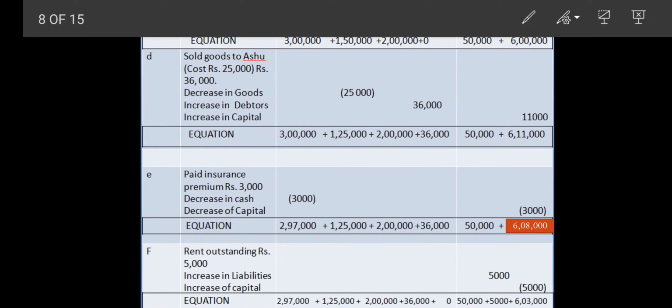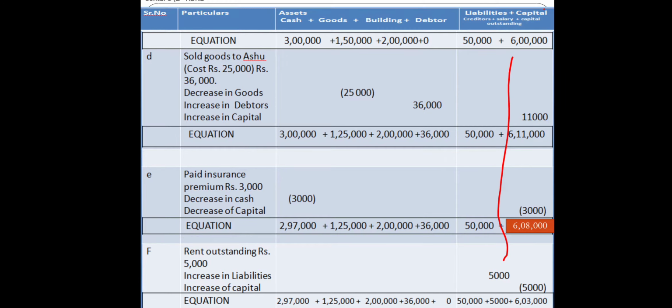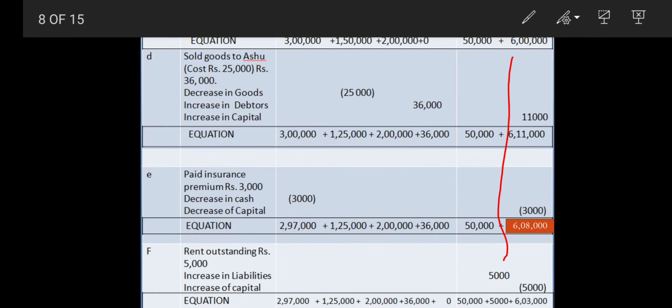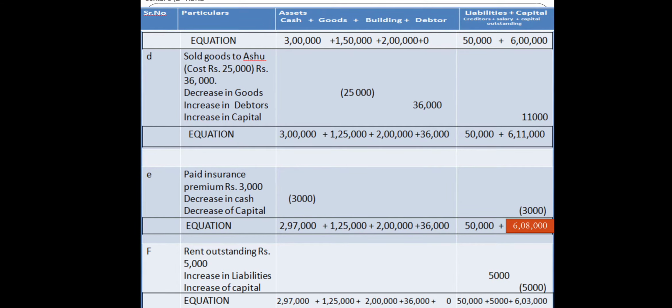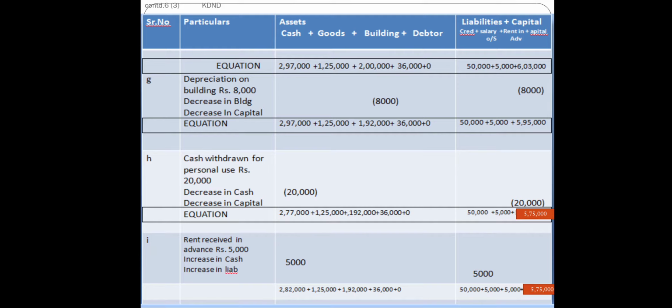And then by preparing this salary outstanding, we can see over here I have one new column, amount due. What does that mean? I already have to pay it, so my expenses are due, and that will decrease my capital. So I have decreased the capital also at the same time, and the final equation was set up. Then again I have carried forward all the balances of the previous page.